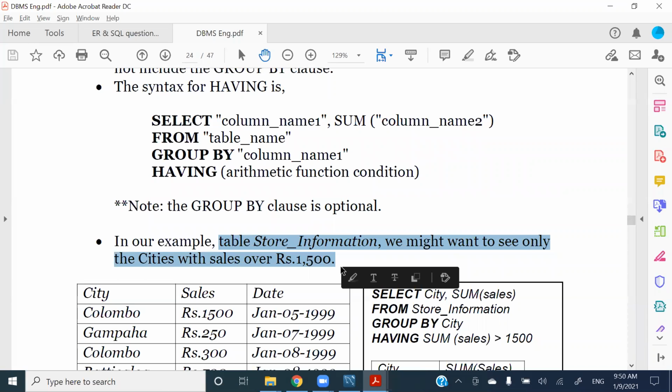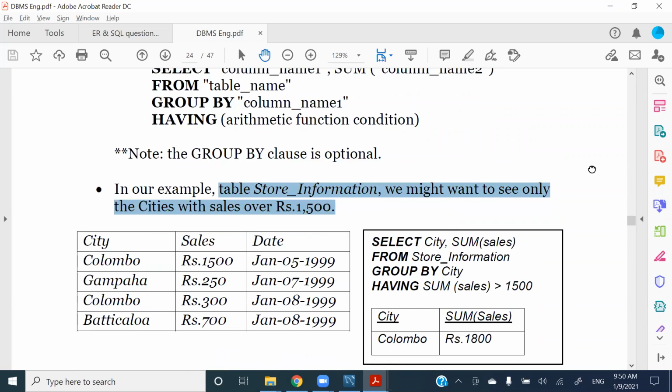So to take total sales, you now need an aggregate function. And to filter that, we have to say total sales should be over 1,500. Take only those into the output, right? So what we are doing is, we are saying select